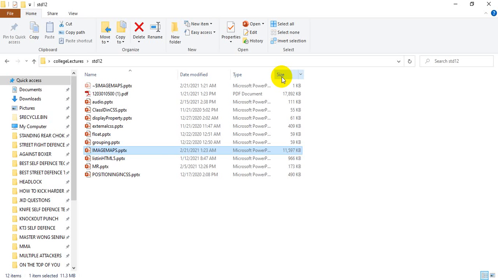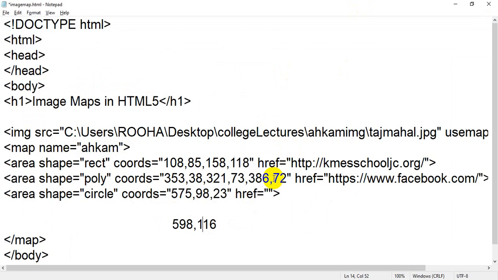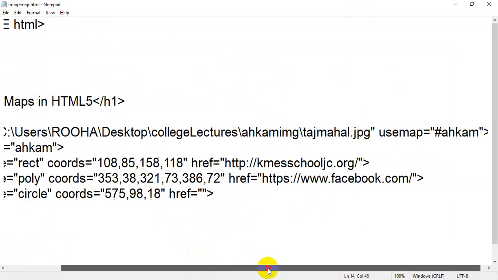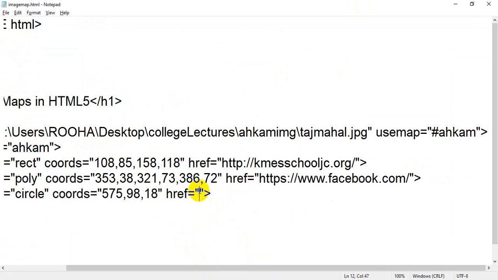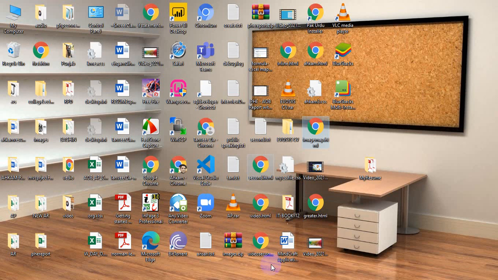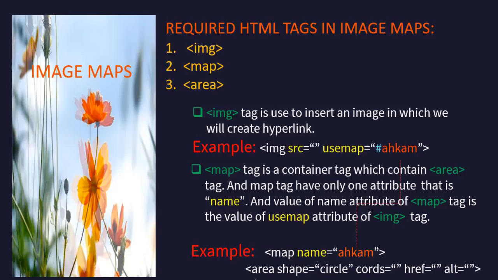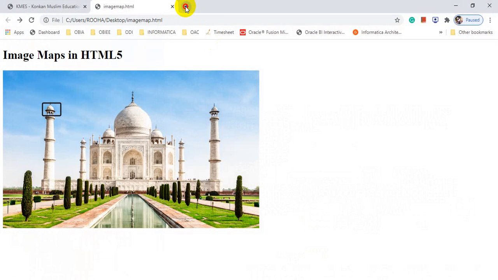Let me show you. Instead of 23 you can take 18. Remove all this, save it, and here I have to open another page called YouTube.